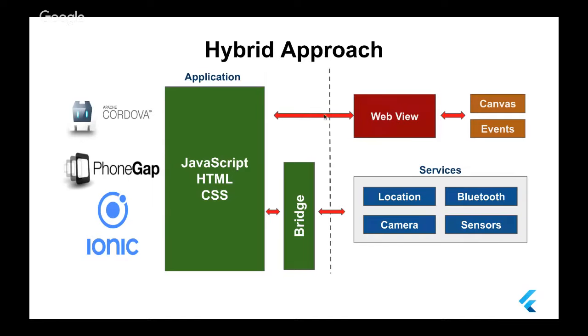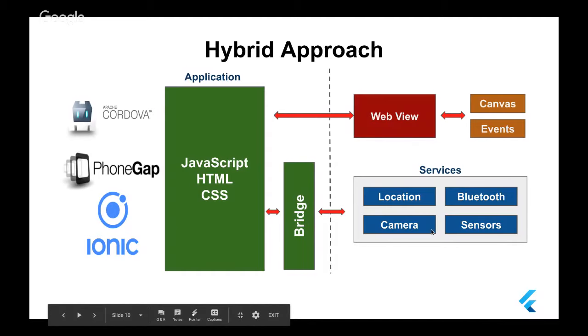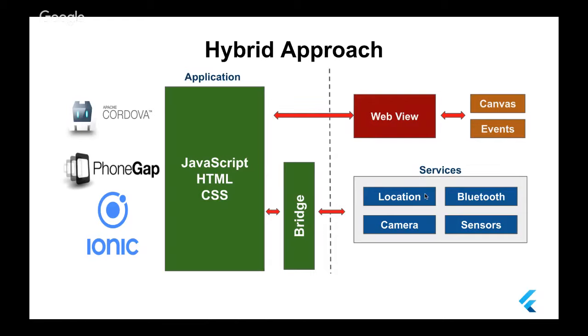And another thing, you are losing the experience that the user already has about the operating system. You are not using the OEM widget system of the operating system. The third thing, there is all the time a bridge between your code logic and other services. Like if you want to communicate with a native service in the application, you have to use this bridge. So the question now, is using the hybrid approach better or using a native application better for developing your application?